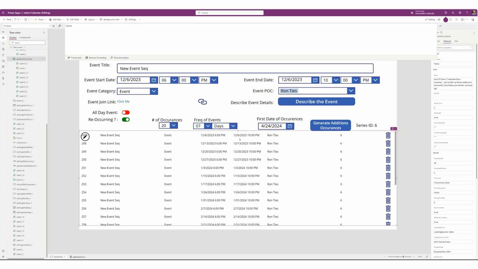What I want to do is be able to modify certain things, right? Like, say I want to go into one event and change the time, or I need to change who the PLC is, or I just want to change the name of the event, which I wouldn't advise because it'll mess you up because you won't think it's part of the series. I mean, it doesn't matter. The series ID is what dictates if it's part of the series or not, but someone looking at the calendar won't think that because the name will be different. So what we're going to do is,